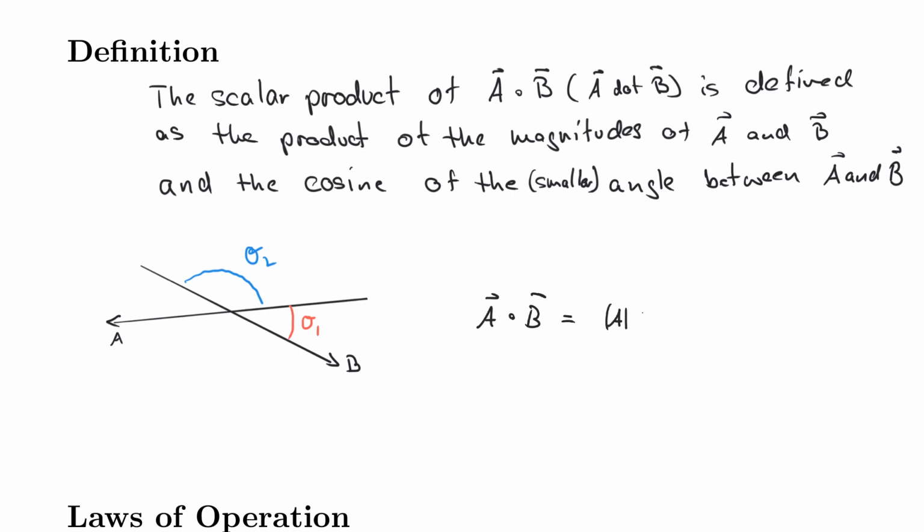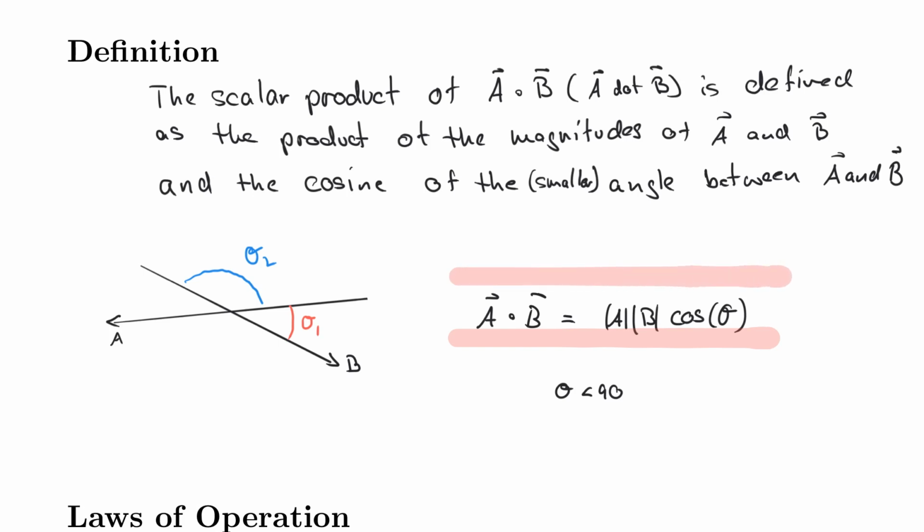Let's first write down the actual law, which is A dot B is equal to A magnitude times B magnitude times the cosine of theta. And that theta, again, needs to be less than 90 degrees in 2D, of course. This is in 3D, this is a little bit different. But the concept here is easier to visualize in 3D. And this is a very important rule, so let's highlight it and let's memorize this. I will get back to this throughout the lecture today. So memorize A dot B is equal to A magnitude, B magnitude, cosine of the smaller angle between the two,